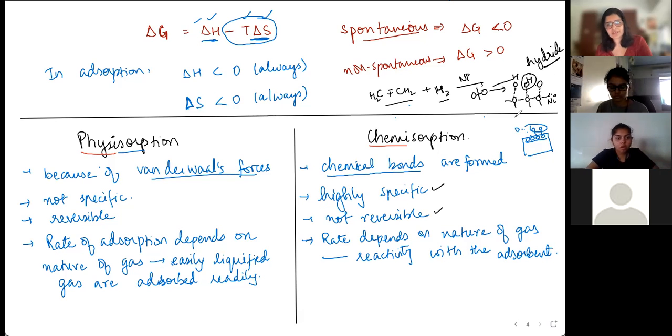Because of this phenomenon, this is another application of adsorption. If you have to transfer hydrogen somewhere, gas tank cylinders, like for oxygen and nitrogen, are one way. Converting it into hydrides and then transporting that solid from one place to another is another way that hydrogen is transported. So this is another application of adsorption.